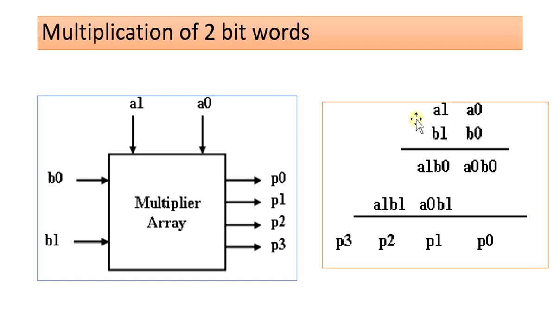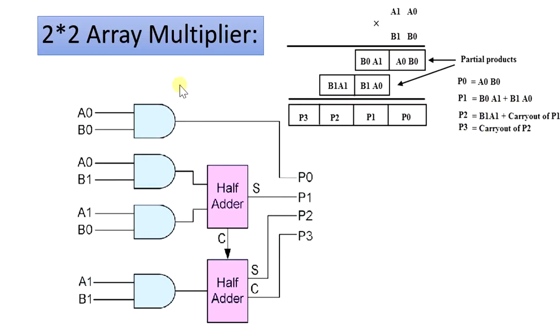So here you can see I have tried to solve and show you how many partial product terms and how many product terms you will get. This is the multiplicand, this is the multiplier, these are the 2 partial product terms, and these are the final product terms. Now if I want to implement a 2x2 multiplier using single bit adders, then I will make